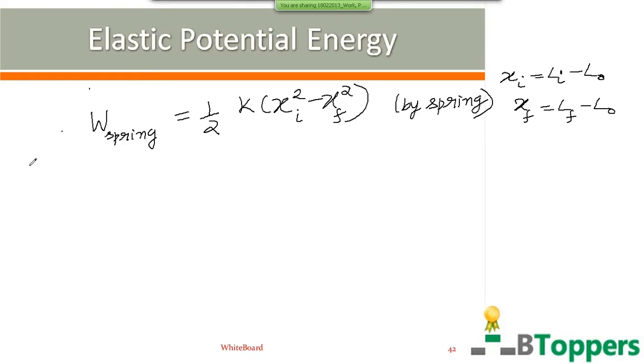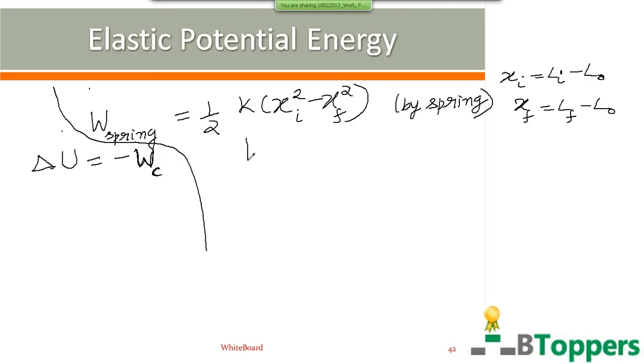So the change in the elastic potential energy, or in general the change in the potential energy of a system when the system passes from initial state I to final state F, is equal to the negative of the work done by the conservative forces. Here the elastic force by the spring is a conservative force. You need not copy this working which I am writing at present. I will show you the notes separately. Later you can start writing the notes.